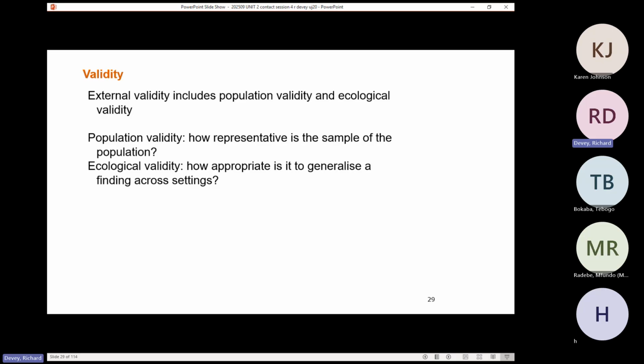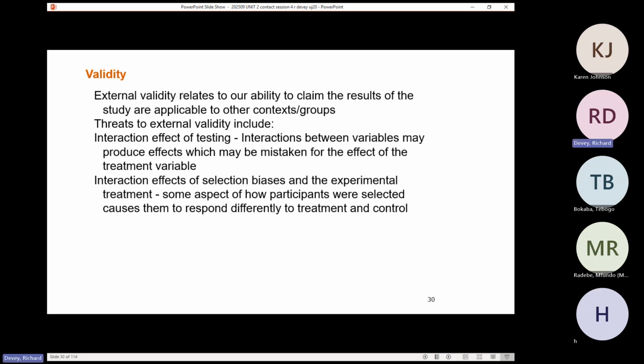So, for example, if you do your research in South Africa, can your findings be applied and replicated in another context, say in the UK, for example? It might be that they're not really appropriate. The environments are so different that you wouldn't get the same result if you were to do your research in a different environment. Okay. Yeah, and threats to external validity include